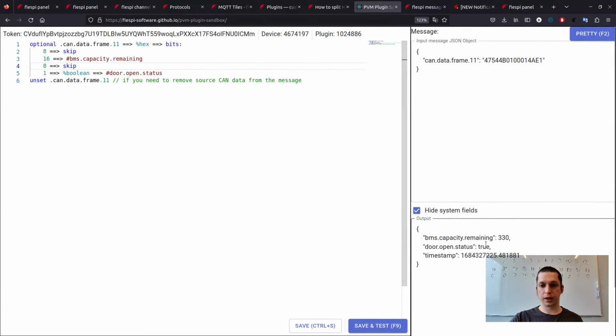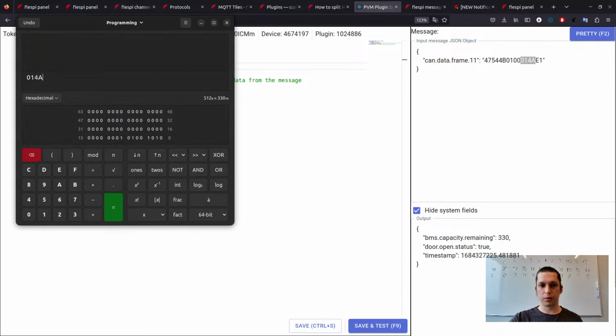And by clicking save and test, it will do exactly what we need, because 014A is exactly 330. We can check it in the calculator. 014A is 330 in the decimal system.